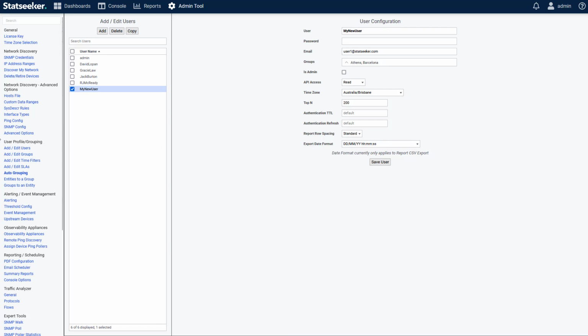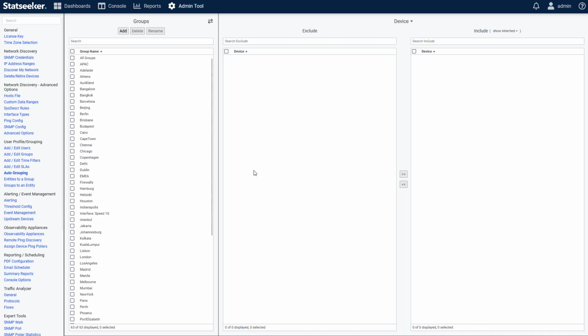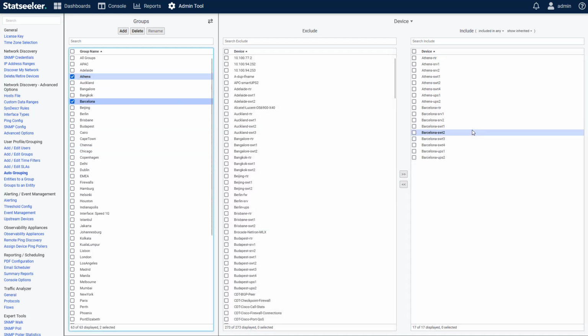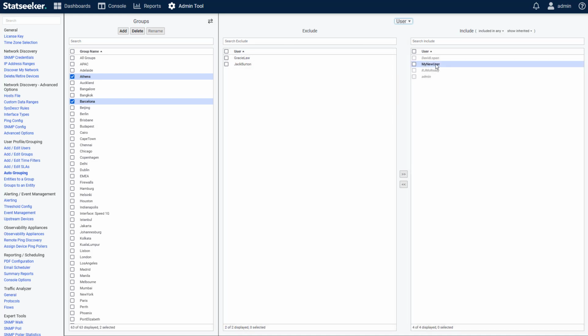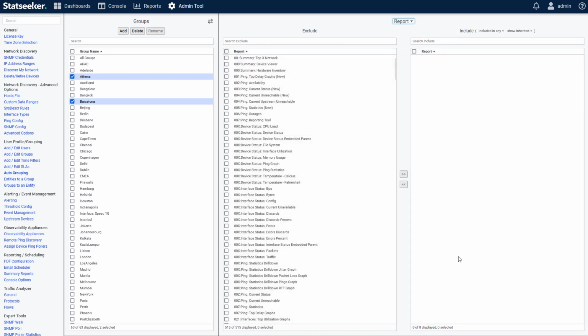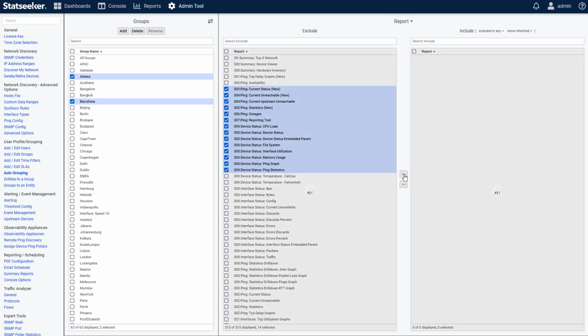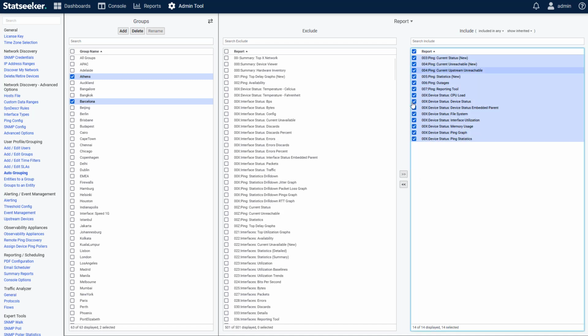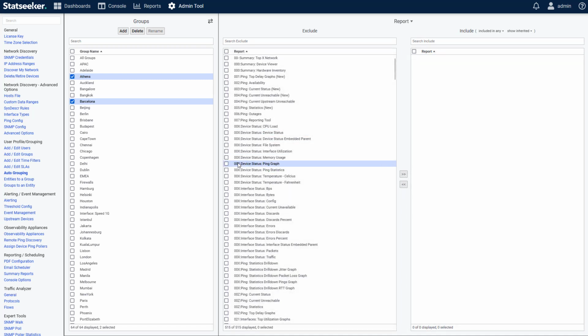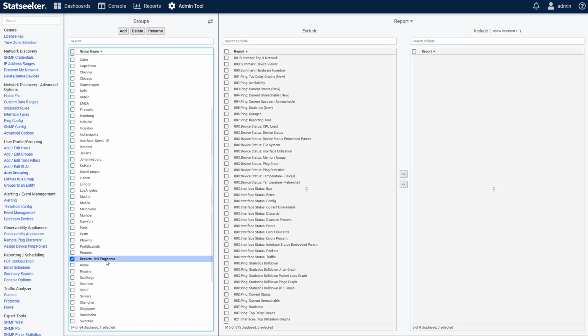In the admin tool, user profile and grouping, add and edit groups. I select my groups, and we can see the devices in these groups. I'll switch to users, and we can see our new user is also a member of the groups. But if I switch to reports, we can see that neither group contains a report. I can select some reports and add them to the groups, but I've already got a group containing the reports that I want available to my new user. So instead, I'll select that group